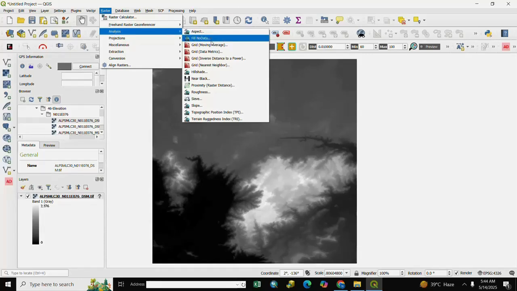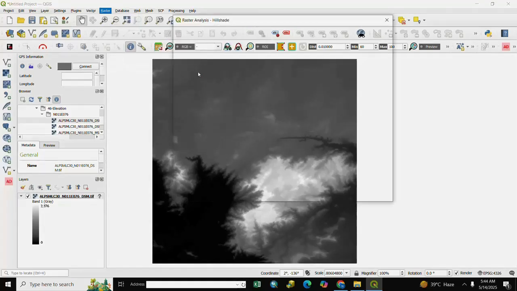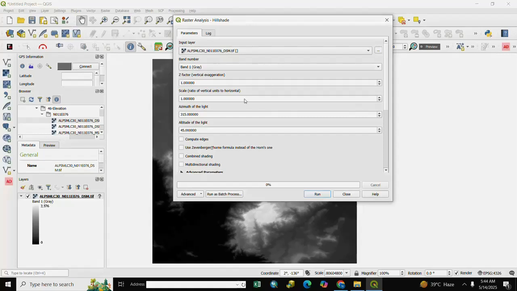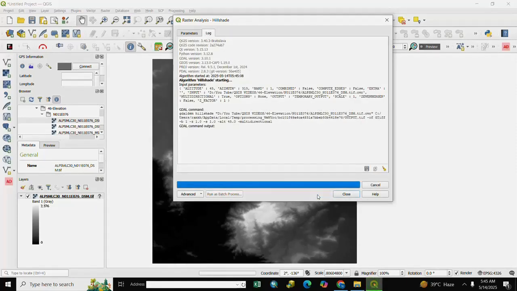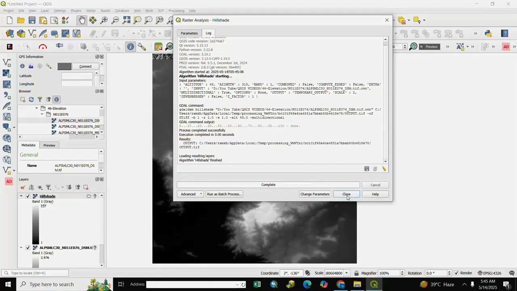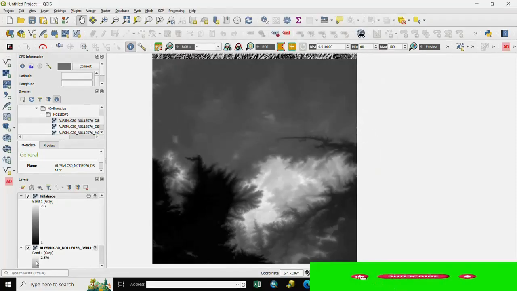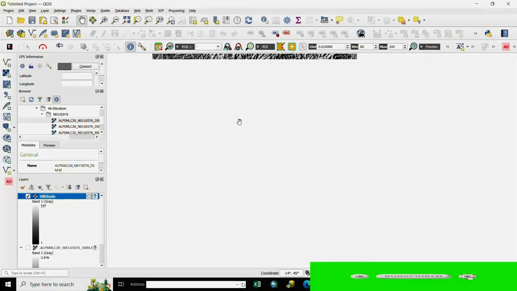After Analysis, we select Hillshade. After Hillshade, we set azimuth 315 and altitude 45, and then we click multi-directional shading. After it, run it and close it, and we check our output.